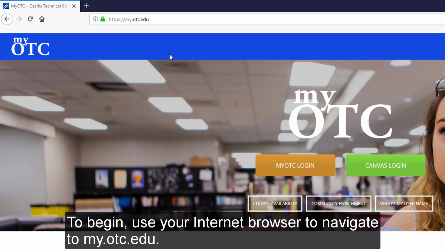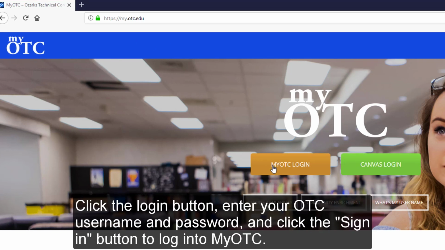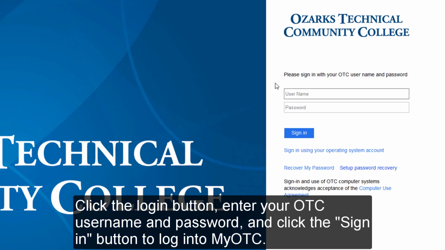To begin, use your internet browser to navigate to my.otc.edu. Click the Login button, enter your OTC username and password, and click the Sign In button to log in